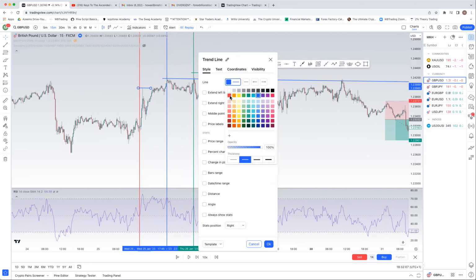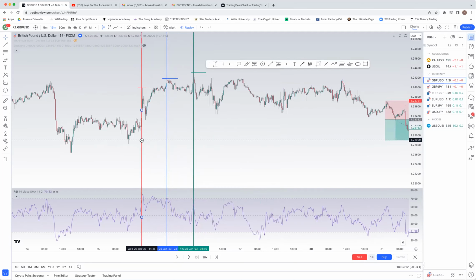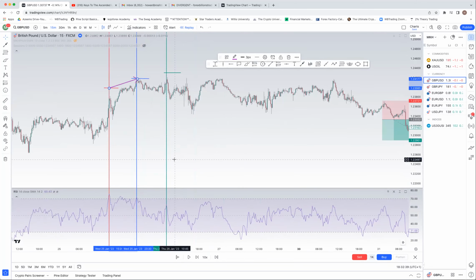That's a red one. Okay, so you see where the red line ends. If you look at it carefully, you see that although the thing is behaving the same way, if you connect a line at where the red ended to where the blue ended, and you also connect a line on the indicator where the red ended to where the blue ended,